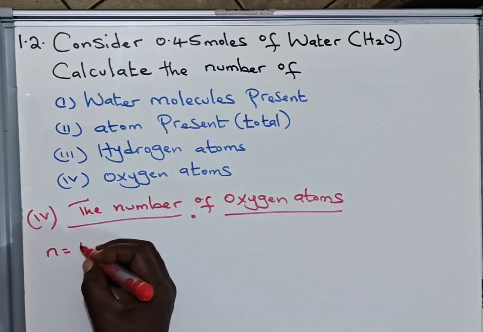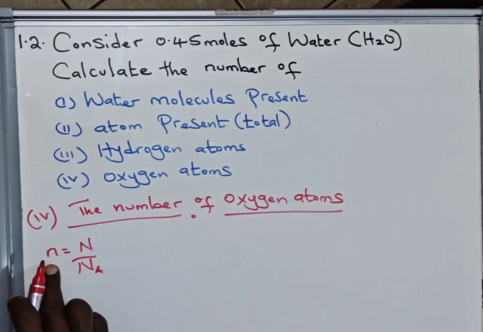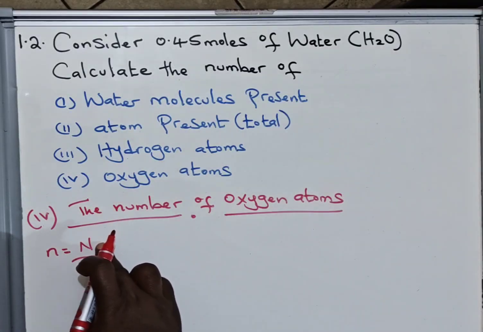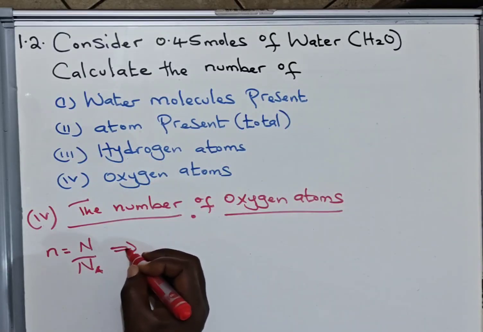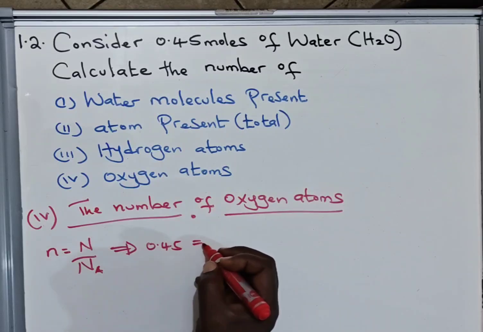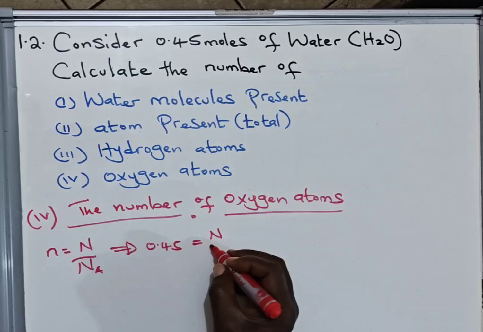It says that n is equal to N over Na, where small n is the number of moles, N is the number of molecules, and Na is the Avogadro number. When you substitute, you get 0.45, giving you N, the number of water molecules,